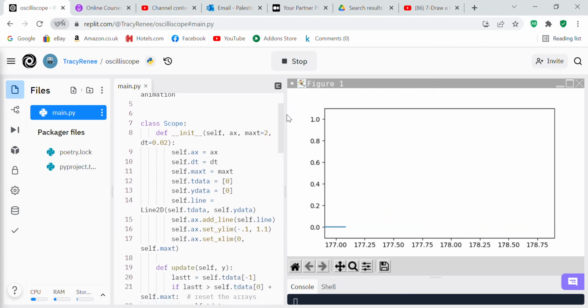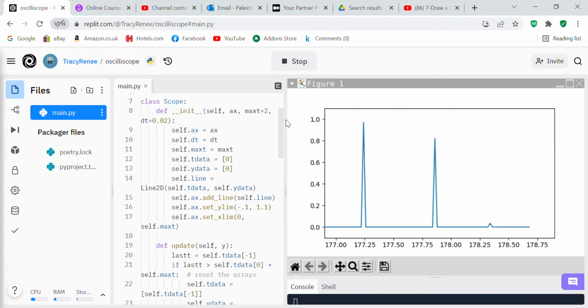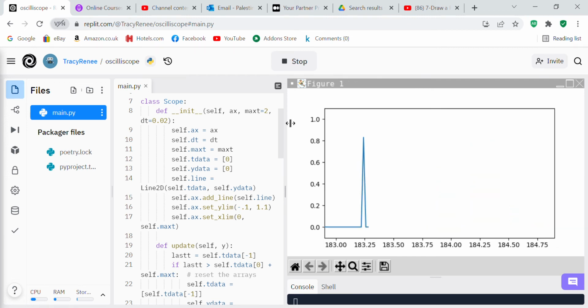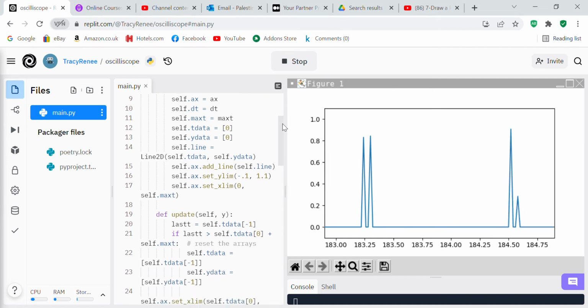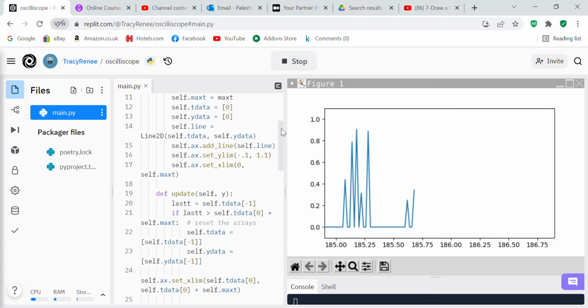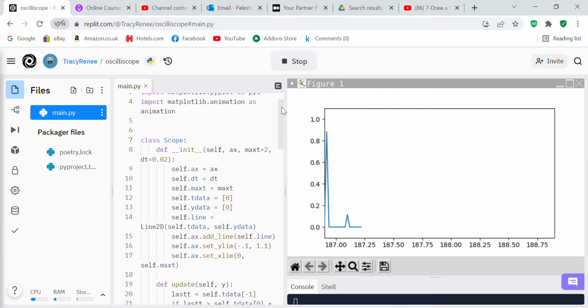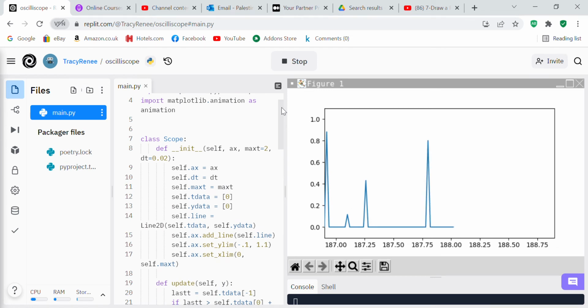It says Y is -0.1 to 1.1, and X is 0, and it has no max limit. So I don't know how they would reset it, because this oscilloscope is all positive numbers, and with the oscilloscope being all positive numbers,